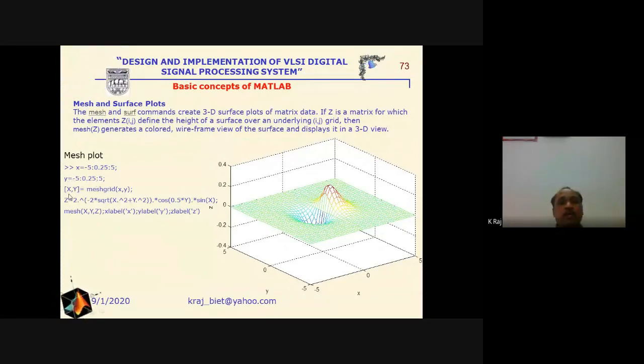Then with meshgrid of x, y, the plane will be created, and then z is defined in terms of x, y. Here we will use only one command, mesh x, y, z. On the x-axis we write x, on the y-axis y, on the z-axis z. Now see the result that is returned by this command.